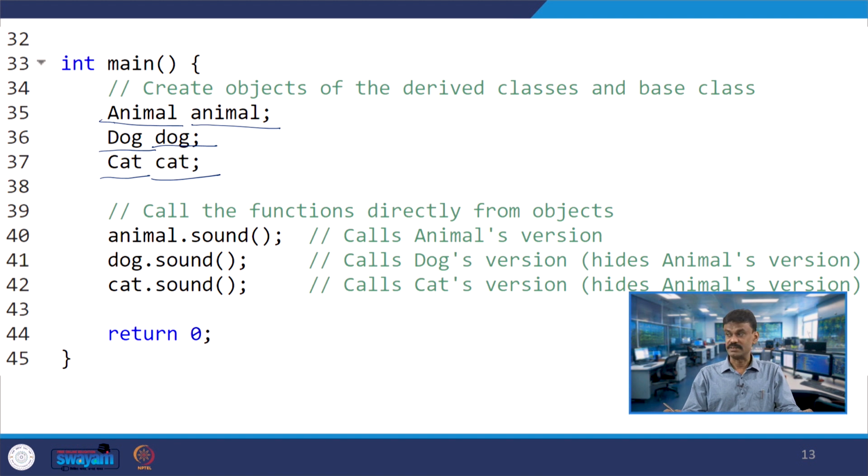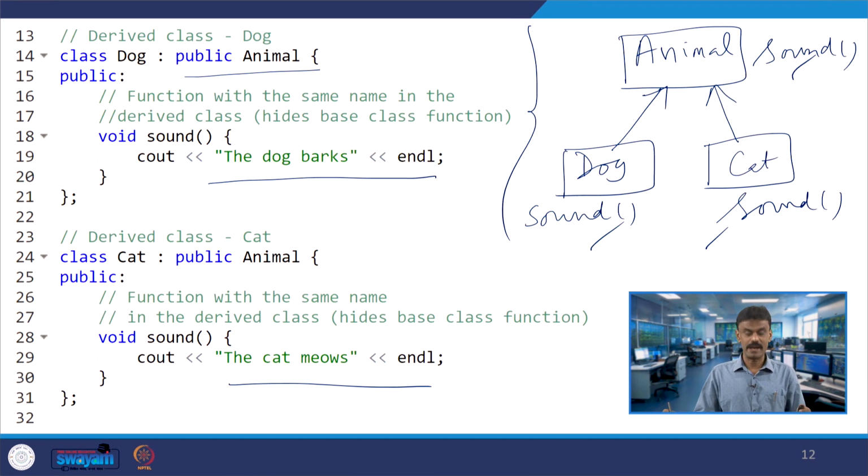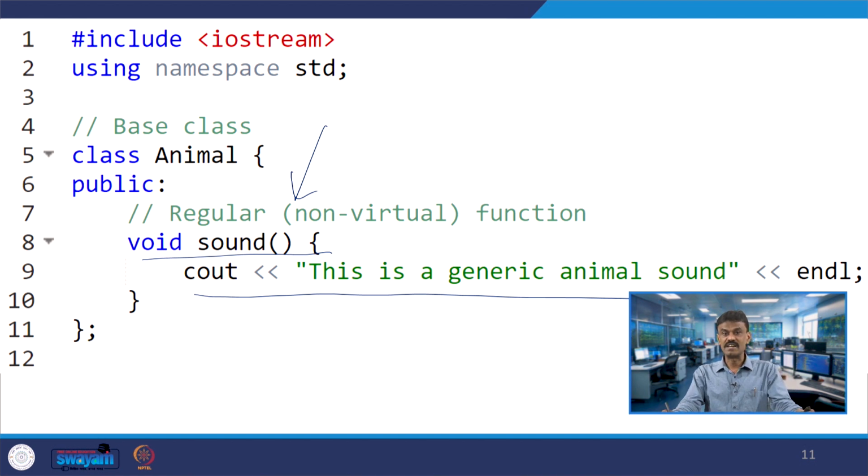Suppose the animal is invoking the sound member function. Animal is the base class, so the base class sound member function will be invoked and displayed first.